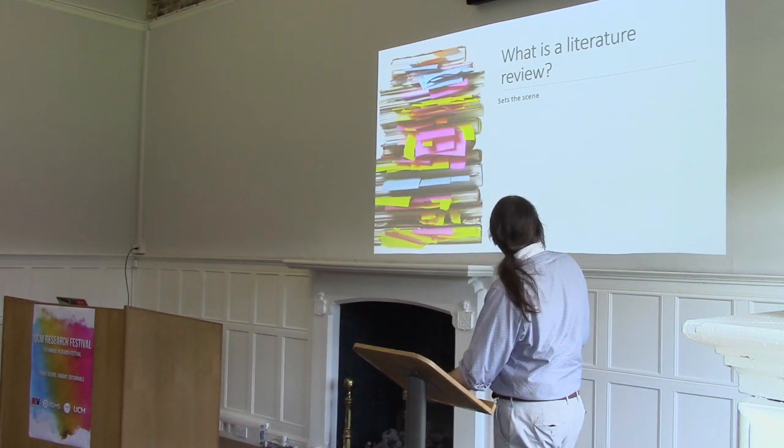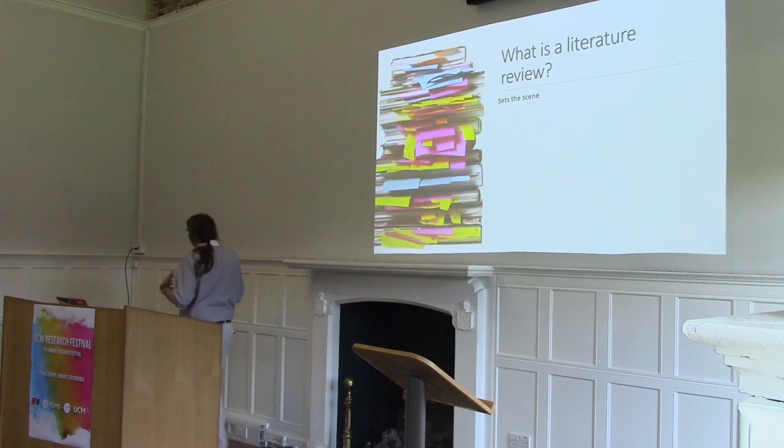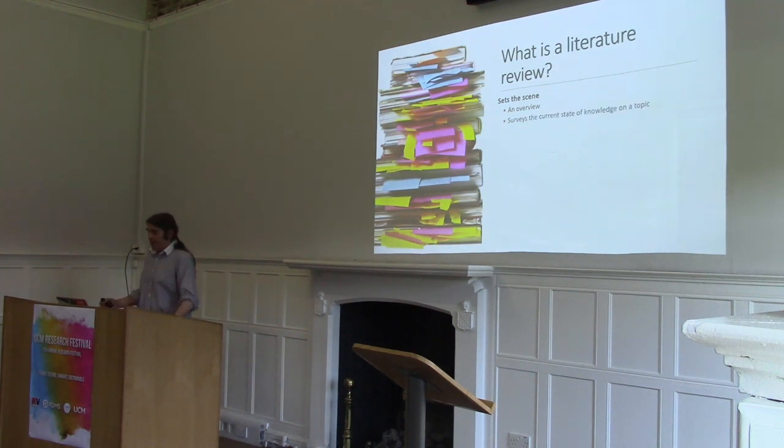So, what is a literature review? The purpose of the literature review is to set the scene for the research you're going to be doing. It creates an overview to place the reader in your shoes so they understand what you're going to be doing, where you're drawing your research from. It also allows you to understand what already exists. And this is where the reading part comes in. You read, so you understand what's there, you draw those bits that are necessary for your research question together to create this review of the current state of knowledge, and then you can talk about how you're going to add